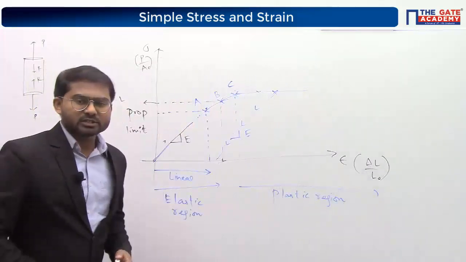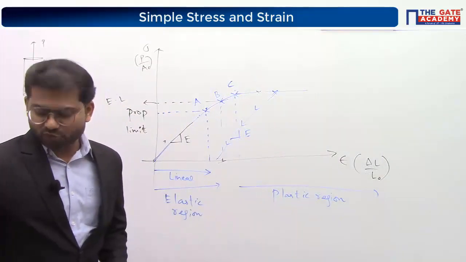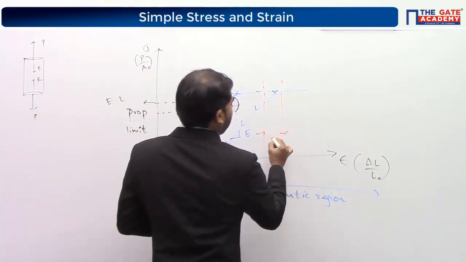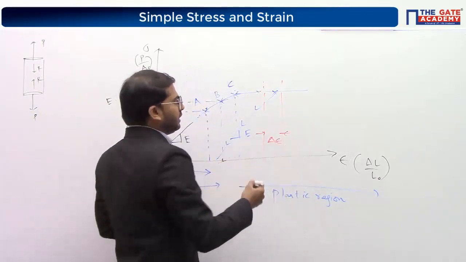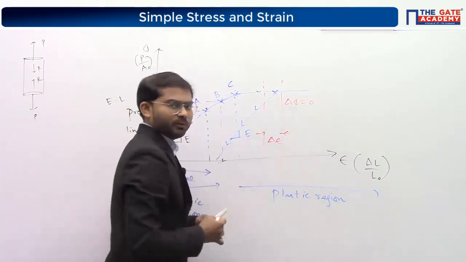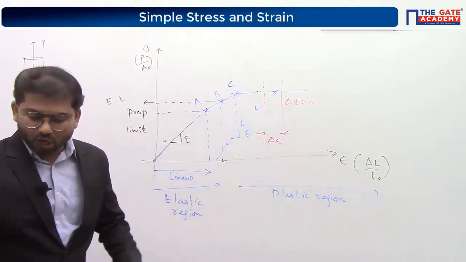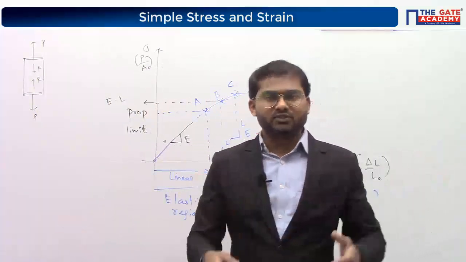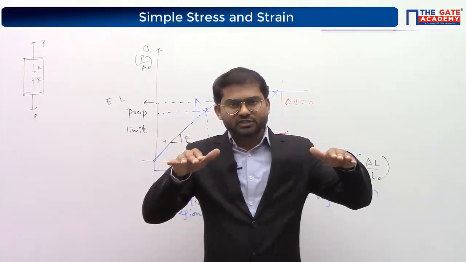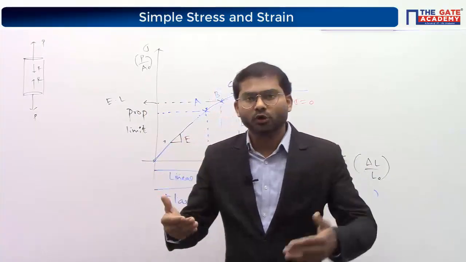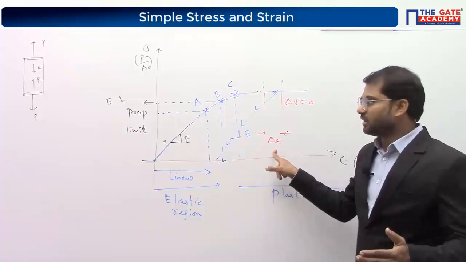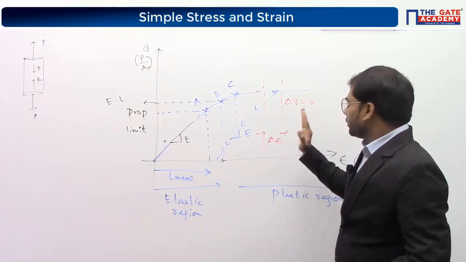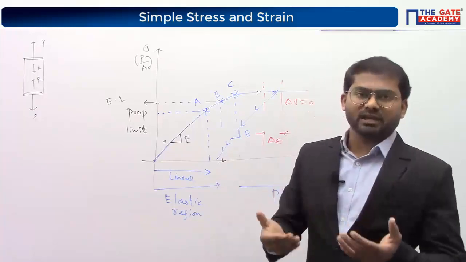So this is how the material is behaving. Another very important thing you observe here is, in this plastic region, we are giving rise to change of strain, but here change of stress is equal to 0. That means we are not required to increase the value of load. We don't need to increase the value of stress. Using the same value of stress, we are able to give rise to change of strain. That's the initial behavior in the plastic region.